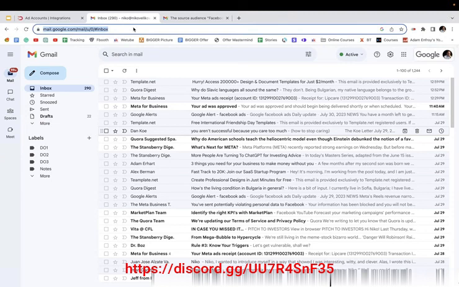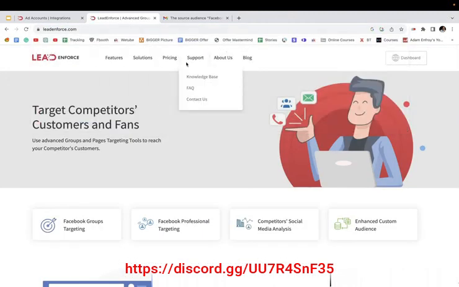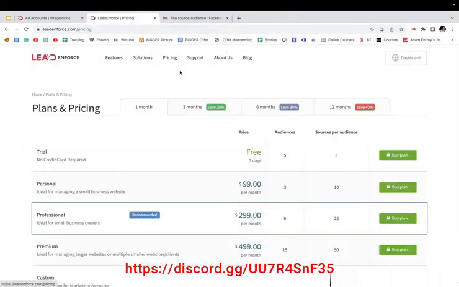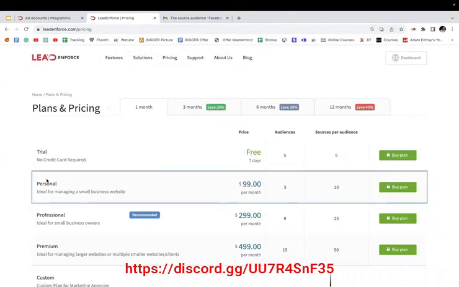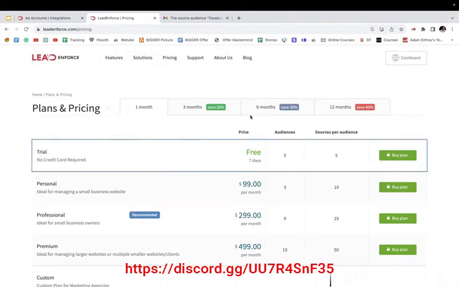So before I continue with Lead-Enforce, this is a paid tool. Usually I use the personal. I pay $99 per month. I think it's worth the money because you're gonna save a bunch on advertising. So if you're on a tight budget, there is a free trial, so you can test it for 7 days. And with the free trial, you can create 5 audiences, and each audience can consist of 5 sources. A source is either a Facebook page or